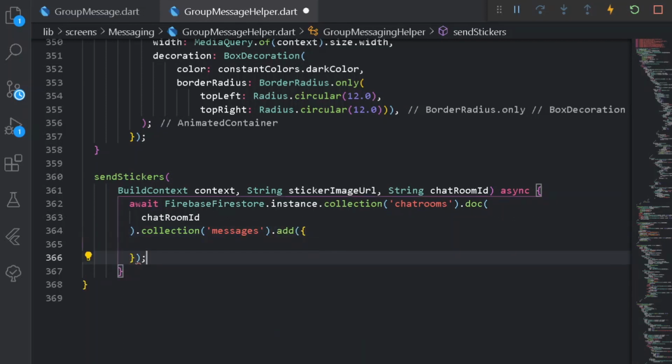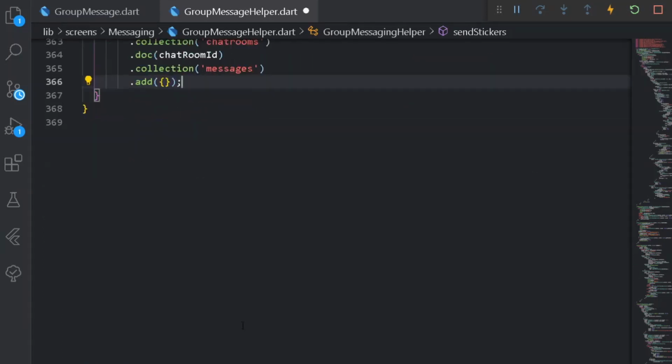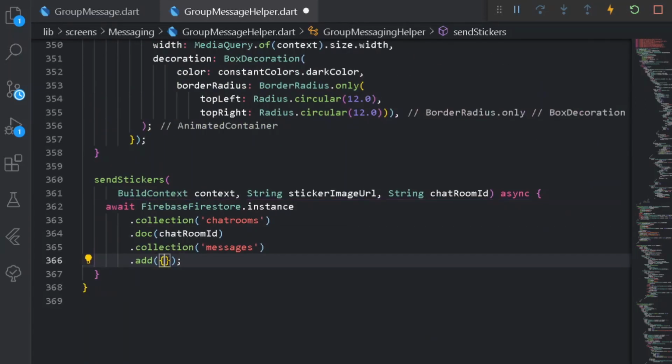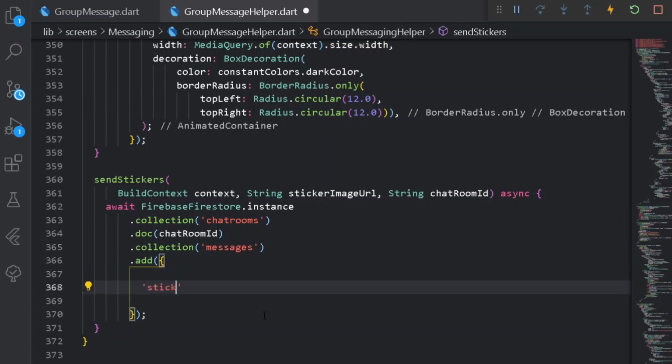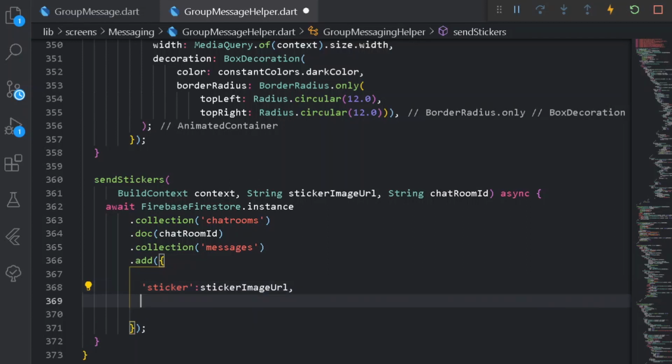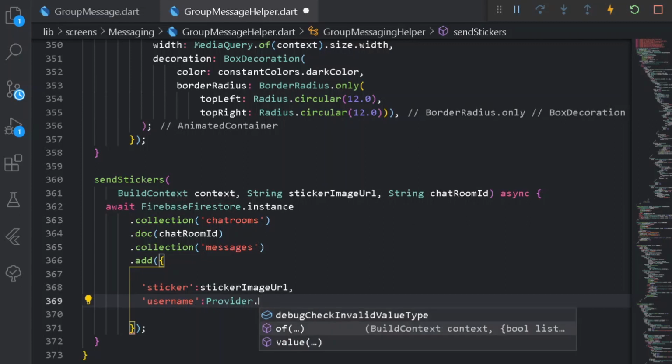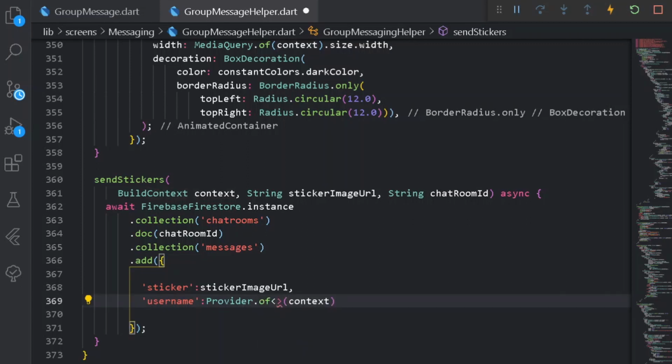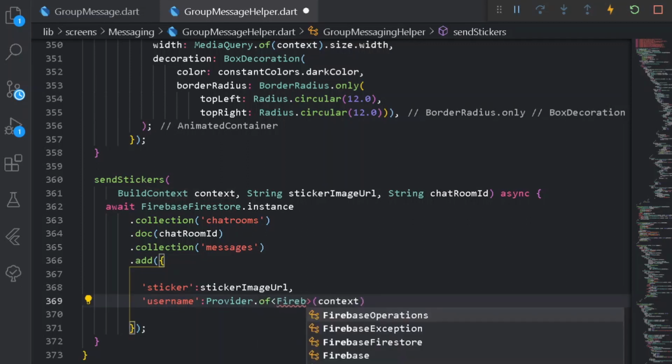Here under this add field we shall be simply sending all of the data of the user who has posted the following sticker. For that purpose, first of all let's have a sticker, and here let's have this data to be nothing but stickerImageURL, and after this I shall be having username. Alright, not name but username. So for username I can simply say Provider.of under a context of Firebase operations.